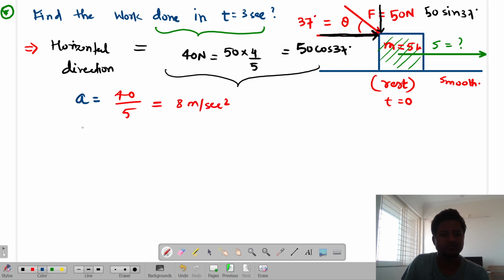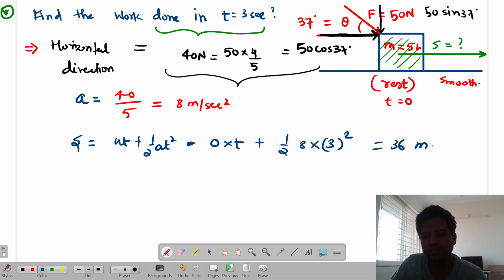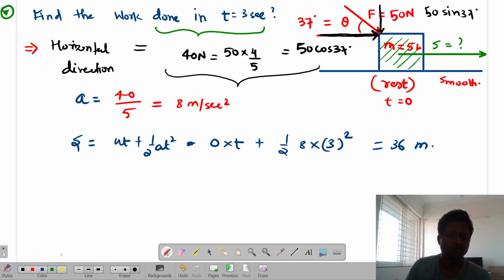So definitely the displacement, s is equal to ut plus half at square. Initial velocity is 0, so I'll not consider that term. Half, acceleration is 8, time is 3 square. 3 squared is 9, half of 8 is 4, 4 times 9 is 36 meters, isn't it? Basically, the displacement done in 3 seconds is how much? 36. So work done, as the work is only done